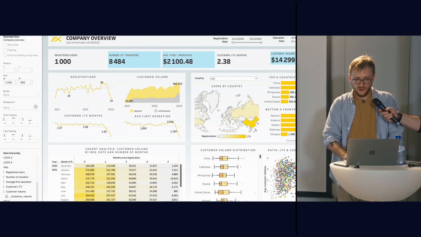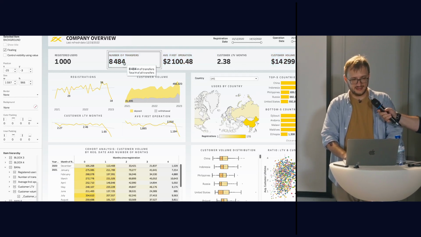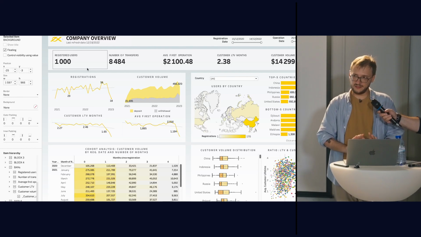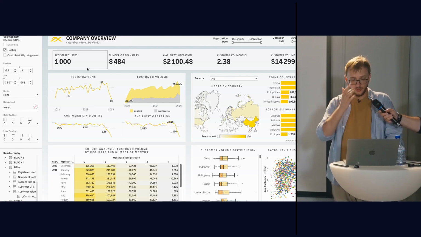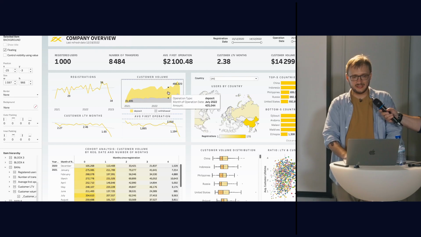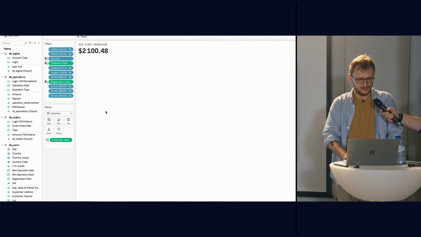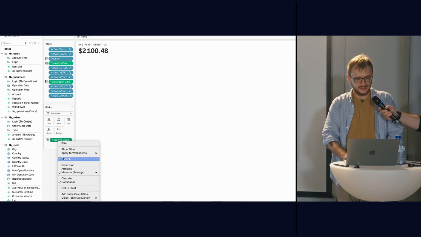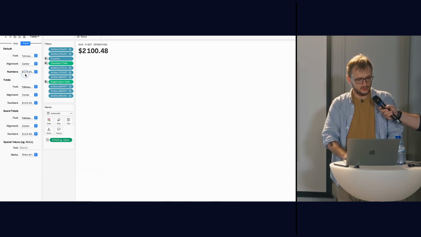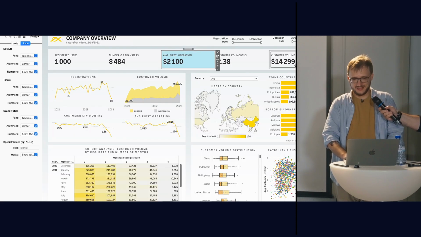So now our KPIs are done properly in terms of alignment and text placement. What can we see next? There is a lot of non-mattering precision, like average first operation with 38 cents. It's not important, so we can go to format and remove this excessive data. Also the same here.